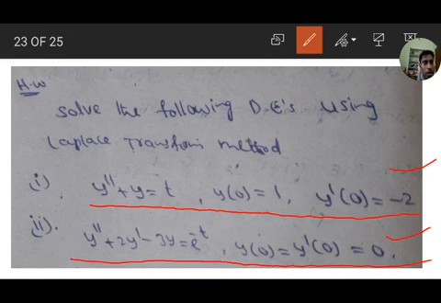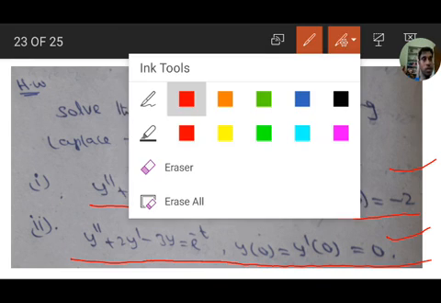Same five steps. Apply the first step, apply the Laplace transform on both sides of the equation. Next, second step, use the Laplace transform formulas for first derivative, second derivative, and function. Next, replace y of 0, y dash of 0 by using the given initial conditions. Third step, after replacing the initial values, simplify to get L of y in terms of s, then y equals L inverse of the function in terms of s. Simplifying and finding the L inverse of that function, we get the solution.